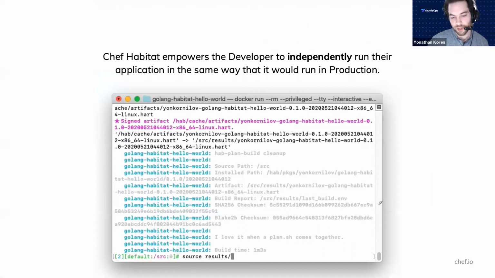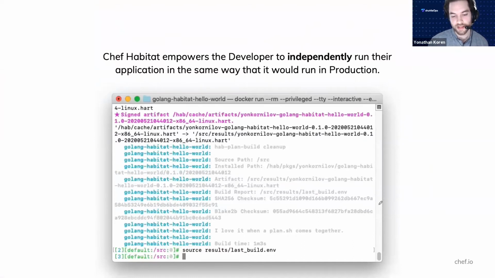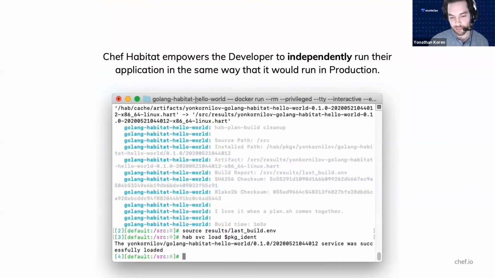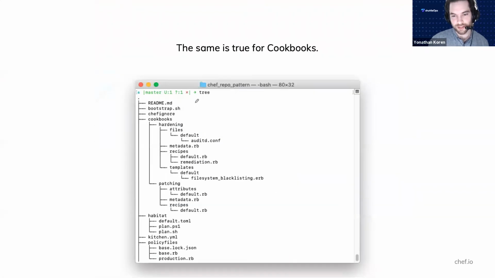And for anybody who hasn't used the Chef Habitat Studio, this is simply what it looks like after you build it and load your application. And I don't want to preach to the choir because I'm sure a lot of us have seen Habitat. But I just really wanted to emphasize the importance of local development and that being a missing piece prior to